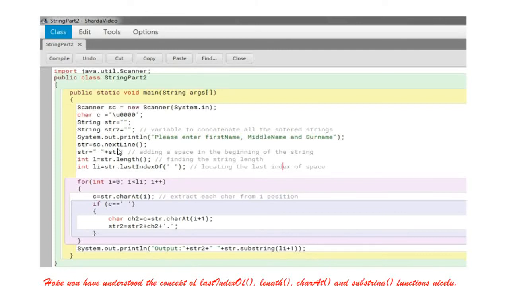Okay, if I enter Mohandas Karamchand Gandhi, it will be stored in str. Finding the length, I would like to keep on extracting the letter after the blank till the last index of. So for this I need lastIndexOf. The loop starts from the 0th index to less than l, extracting the character. If it is a space, I'm extracting the next letter, and this way I'm concatenating